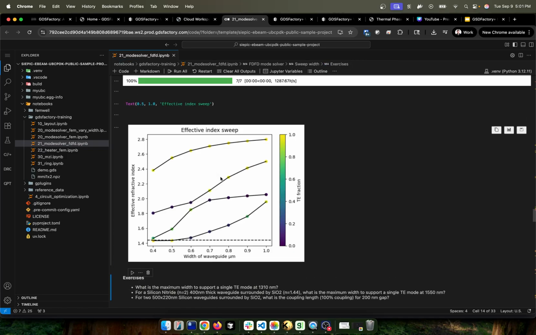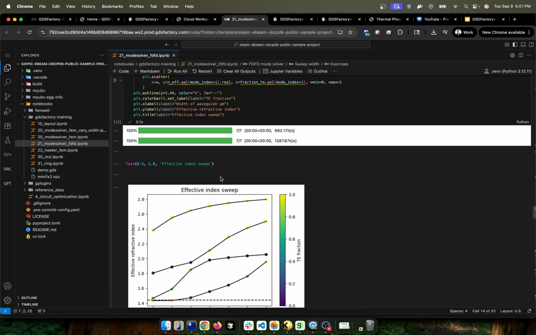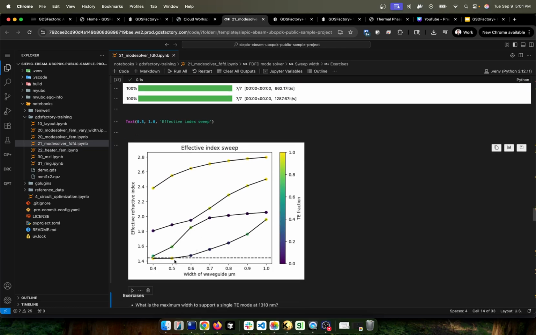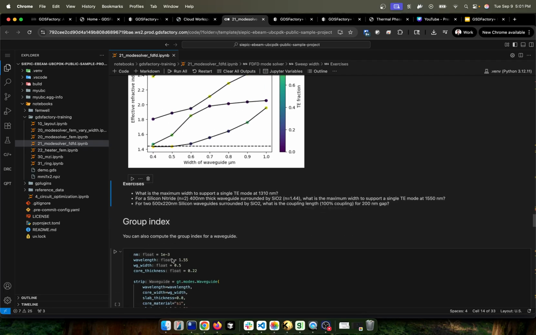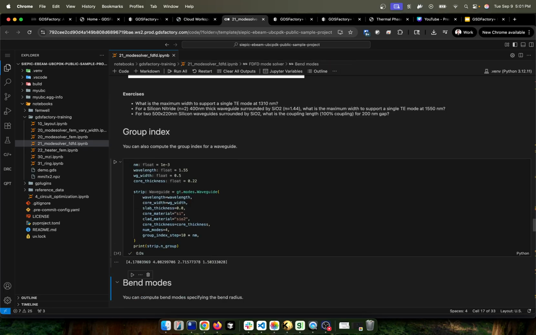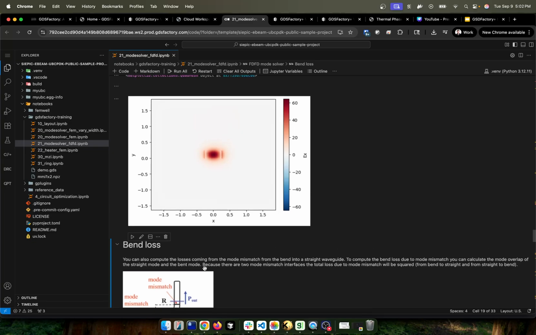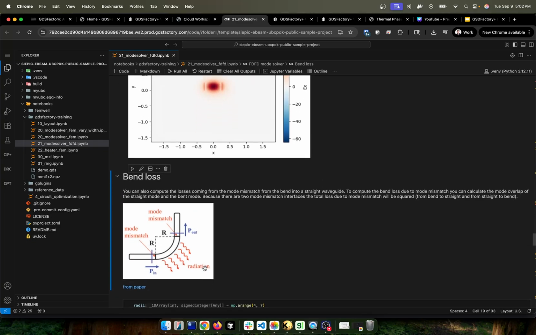Another thing you can do is you can sweep the waveguide width. Here it's very fast because I already ran it before. But you can see for these 220 nanometer silicon waveguides, the waveguide starts to be multimoded after about 0.5 microns. Another thing you can do is calculate the group index of the waveguide, where you calculate the group index for different modes,